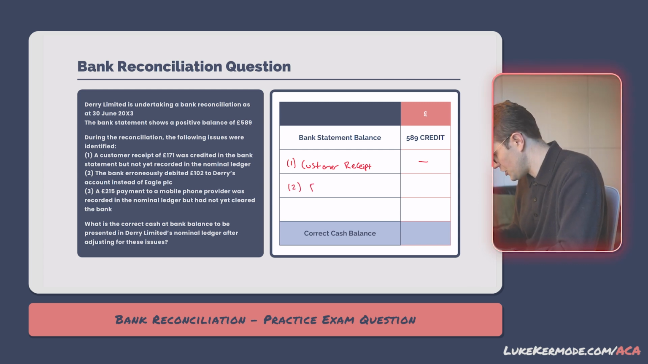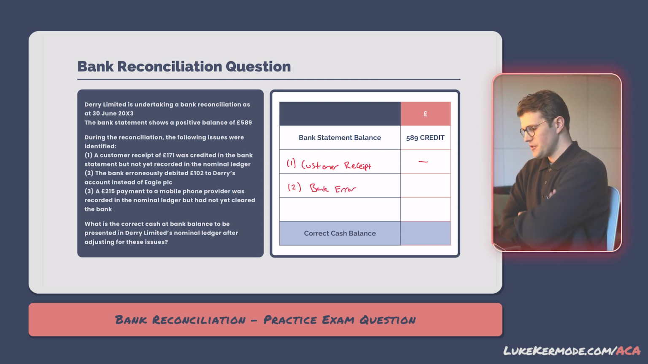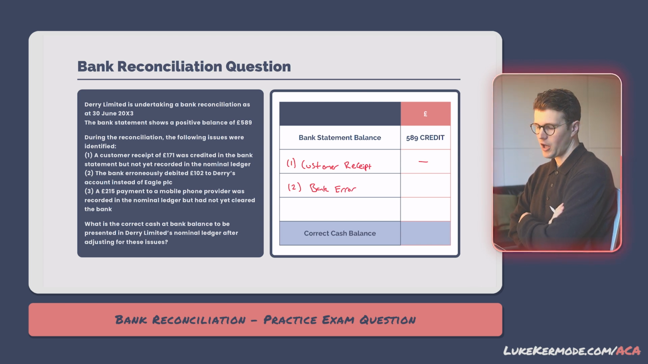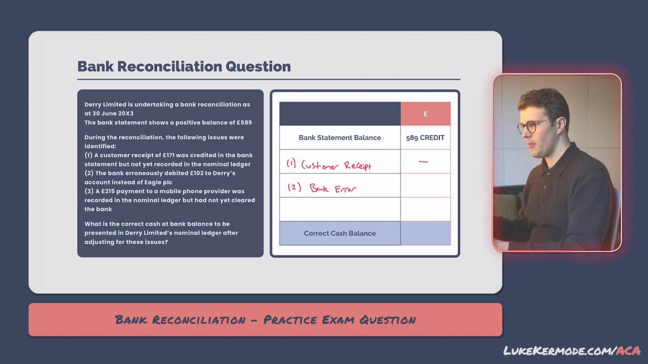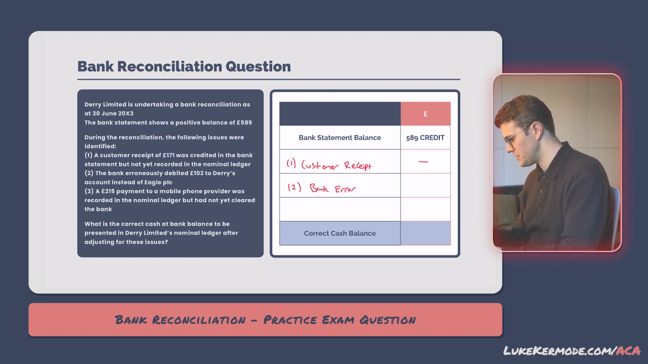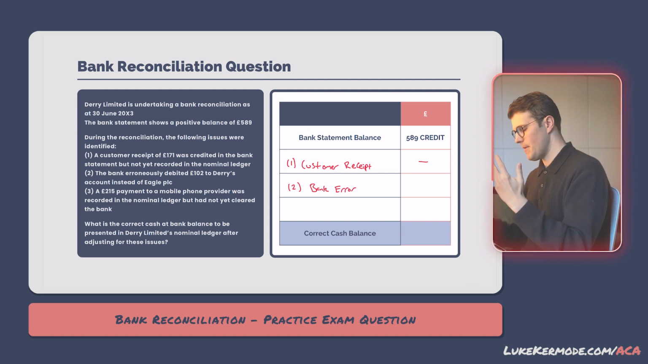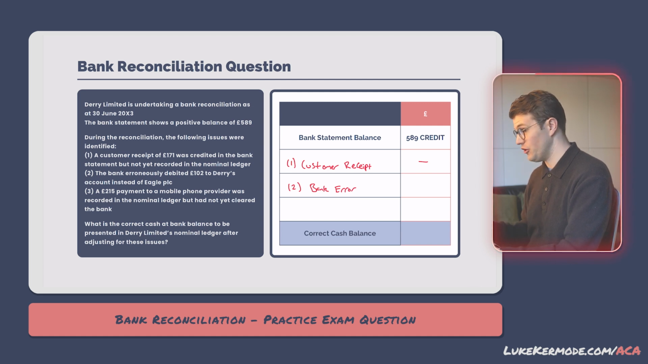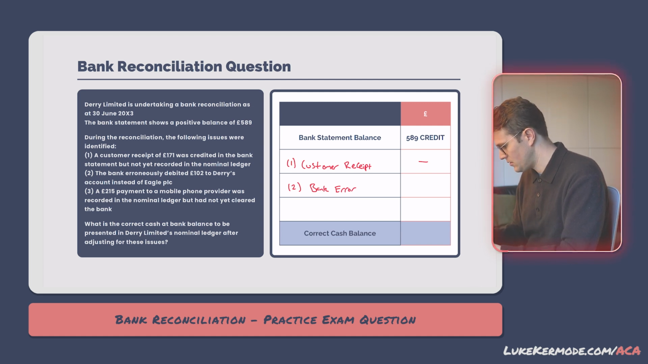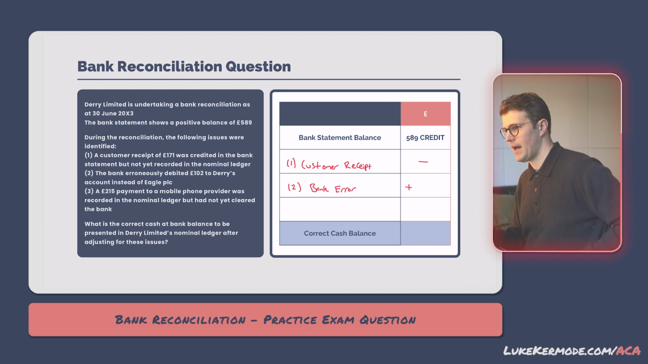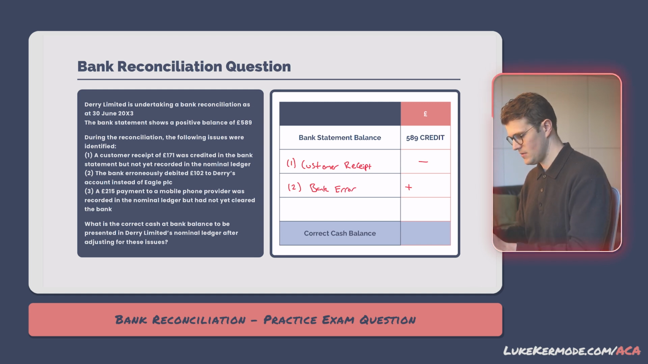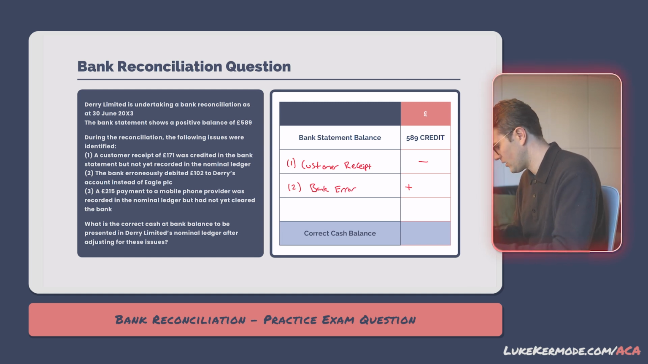So this is the second issue we were told about in the question. The bank incorrectly debited £102 to Derry's account. And what that means is our bank statement balance of £589 is too low because money's been taken out of the account balance, which shouldn't have been. So to correct this error, we need to add back or reverse the impact of the error. So we need to add back